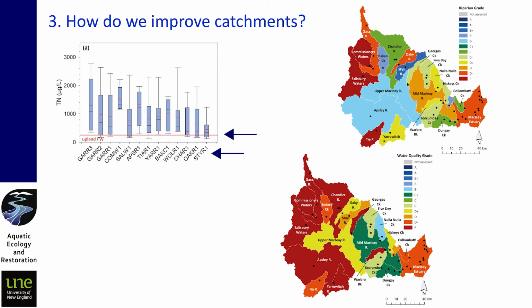And you can see that if we have a look at those bars, each river, or each site on the river, has its own bar, and that's the range of values, if we like. If you can see those very, very small little red horizontal lines across each blue bar, that's the average concentration of total nitrogen that we found in that river. And you can see by the spread of the blue bar and the lines going above and below it, the range that we found. And some of those rivers had quite high differences between the minimum and maximum concentration. So they were very, very variable.